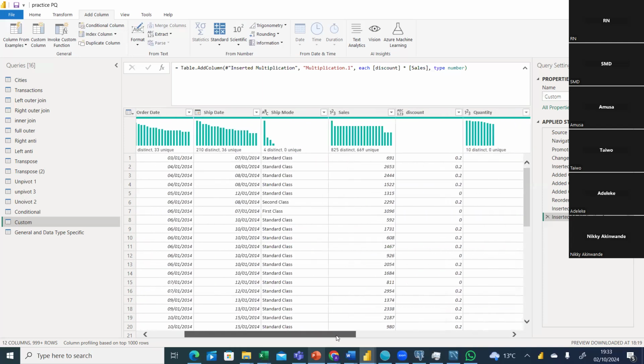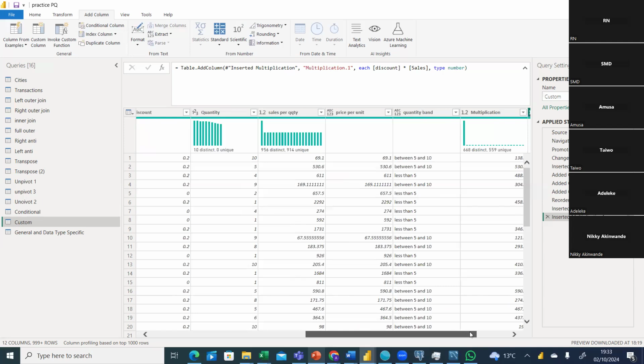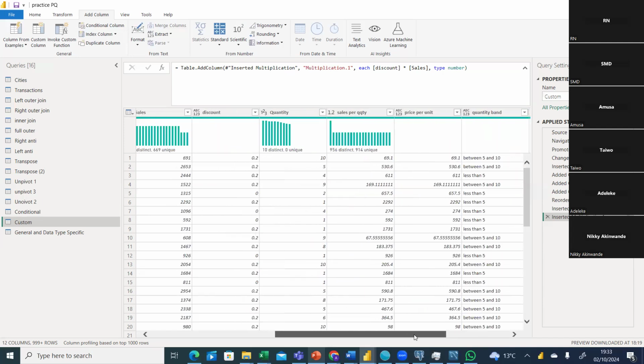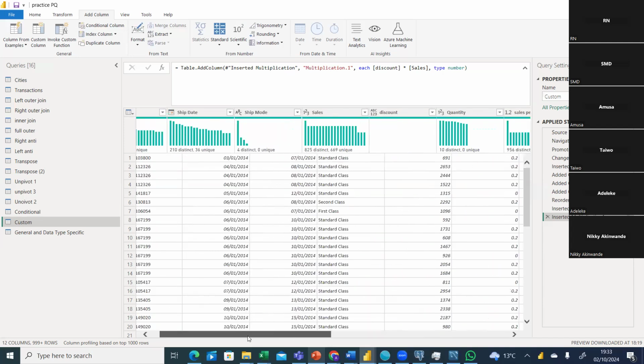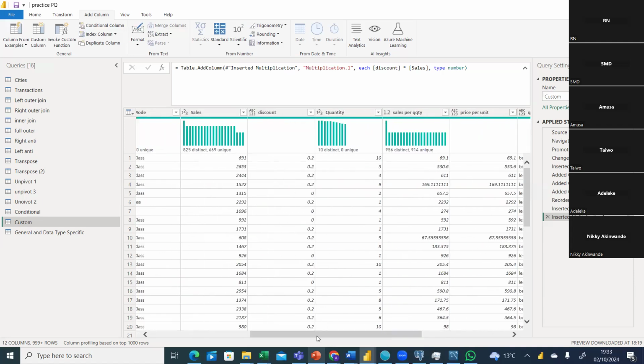So that's the major difference between custom columns and conditional columns. I hope with this we can safely say we've come to the end of the class. I don't know if anyone has any questions, addition, subtraction. I want to see. Okay. In the absence of none, or in the absence of